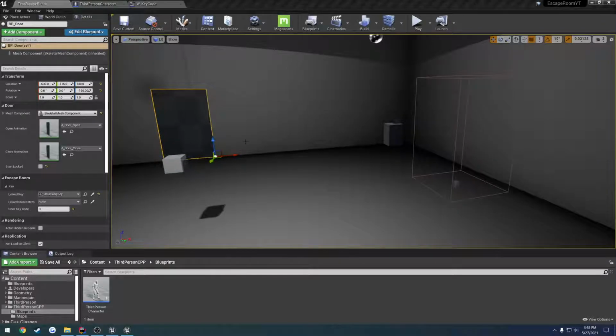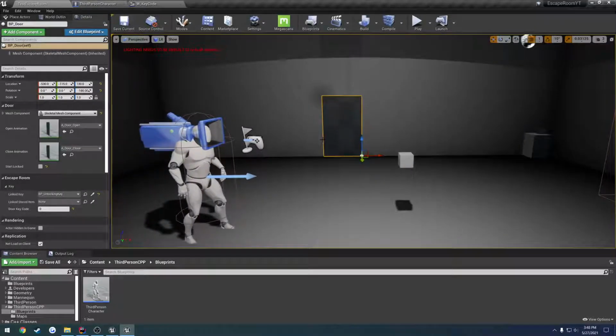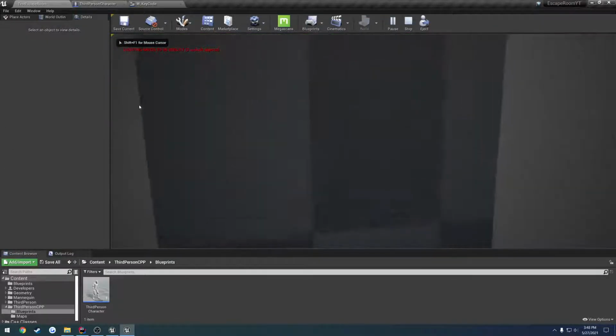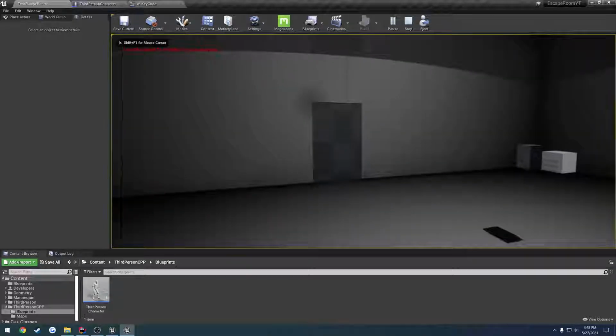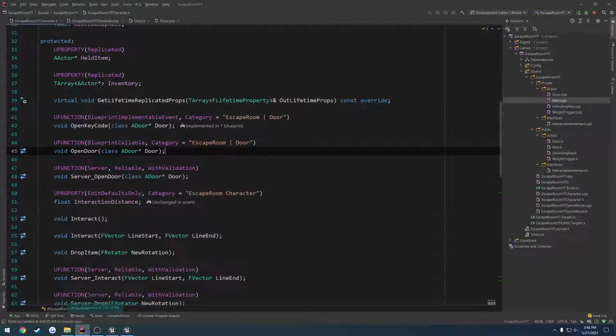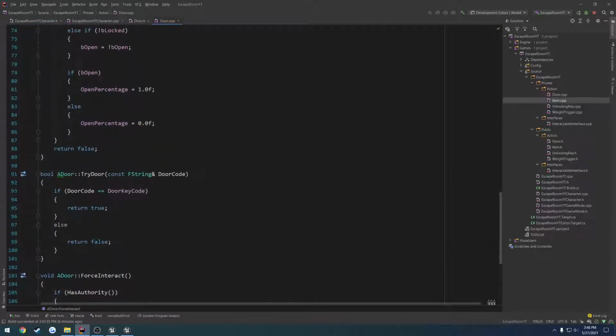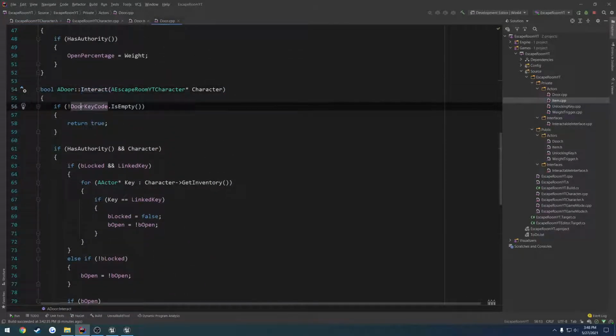Alright, in this video I want to do just some small improvements here. I want to make it so if a door is unlocked by default, when you walk up and press F, I do not want it to open up this widget. Instead, I just want it to open. So we're going to do that check inside of door.cpp, go to our interact function, and here we have if